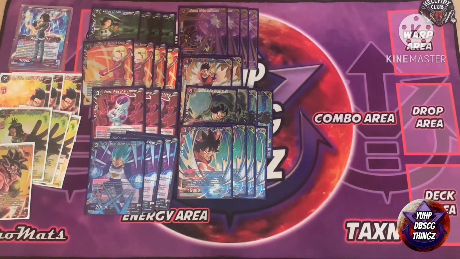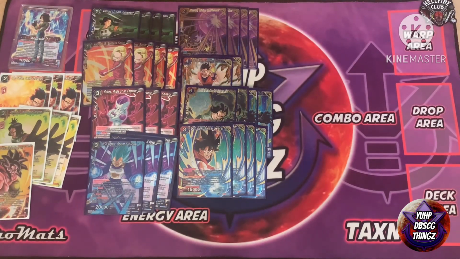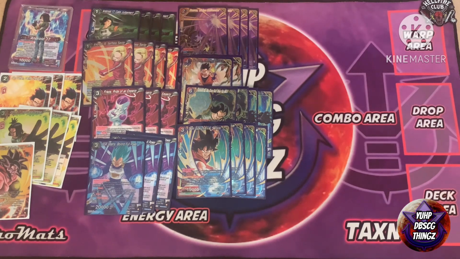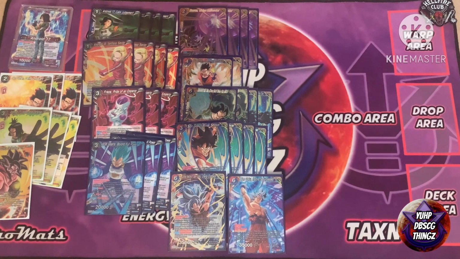You can choose 2 cards from your warp, or 2 extra cards from your warp red-blue, add them to your hand, and then play a 6-drop on top of this card. Our 6-drop options are Energy Explosion Son Goku and Instinct Surpass Son Goku. More than likely you're trying to go into Energy Explosion